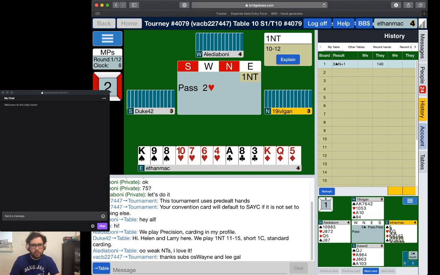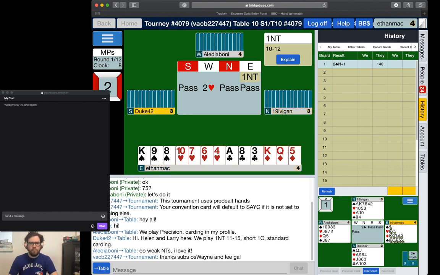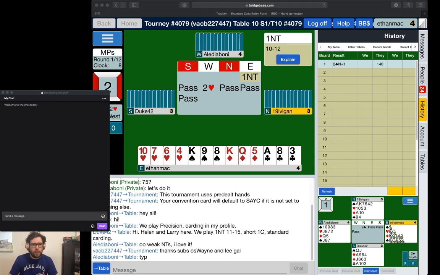This two hearts by partner is to play. It's not a transfer. So this would end the auction if North passes. With a 12 count and four good hearts, I might compete to three hearts if South decides to chirp in here. But otherwise, I'll be happy that two hearts is the contract. South is thinking about it, but he's passing. So it's time for me to wish my partner good luck